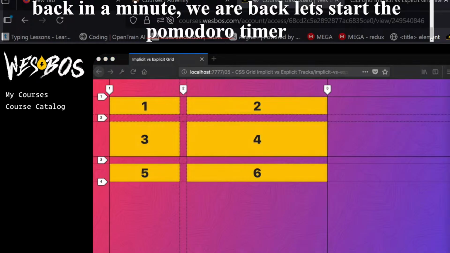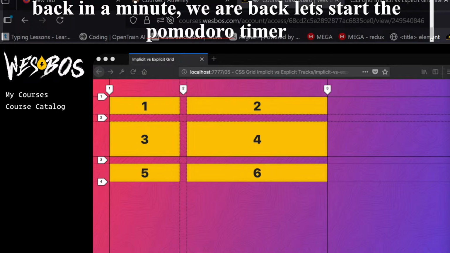So we've gone over these. We've got our gap, we've got our grid template columns and our grid template rows. We've done those a bunch of times. Now the question is, how do I size these implicitly created ones, right? We can go ahead and size the values for the explicit ones, no problem. But the implicit ones will look a little bit something like this. So we say grid auto rows, and the grid auto rows will define how big the rows are